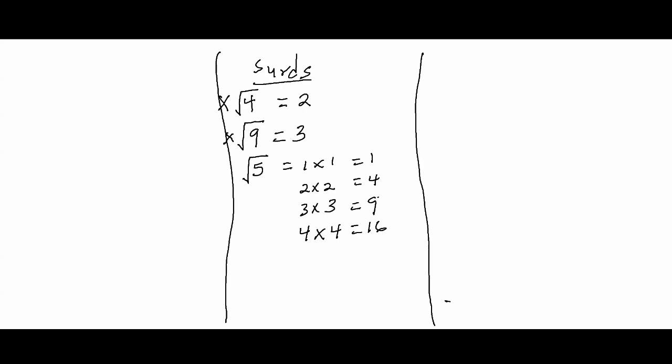We have the square root of 4, the square root of 9, the square root of 16, the square root of 25, the square root of 36, the square root of 49, the square root of 64,